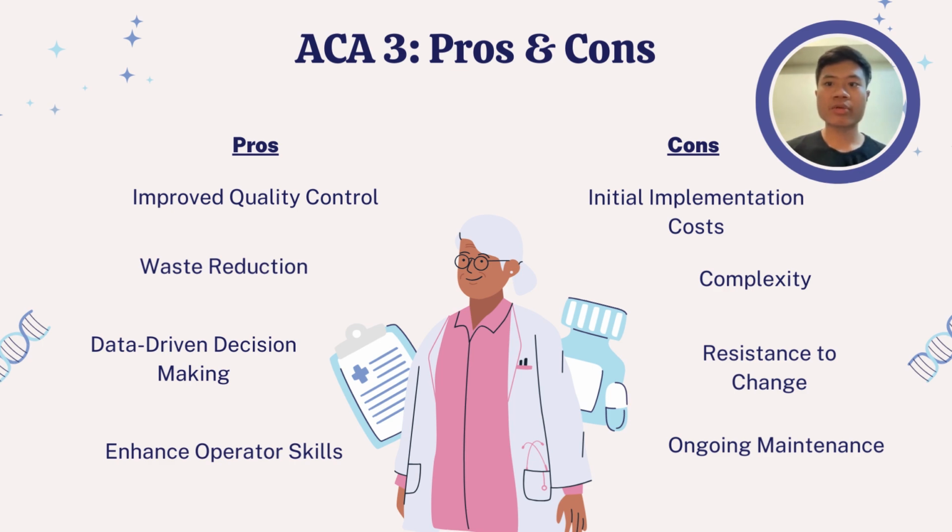This monitoring system requires continuous oversight, regular updates to control limits, and periodic retraining, which can be resource intensive. In conclusion, implementing the Continuous Process Capability Monitoring and Improvement Plan, or CPCMI, addresses the main area of concern: the inconsistency in syringe lengths due to equipment wear and inadequate process control. By focusing on establishing a stable and capable process, we can achieve consistent production quality, reduce waste, and enhance overall